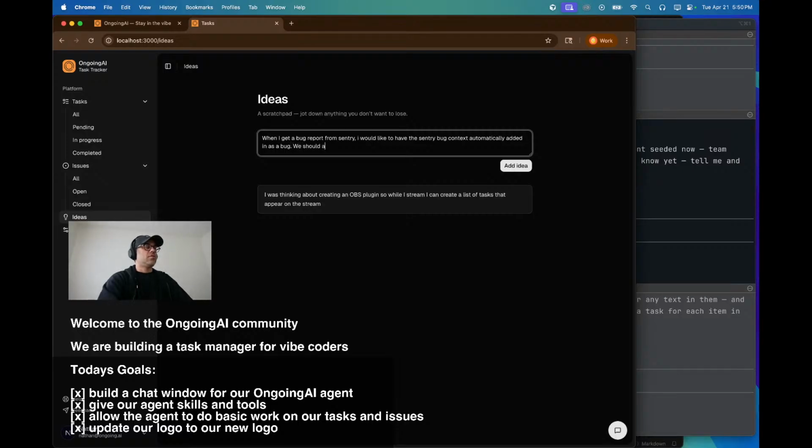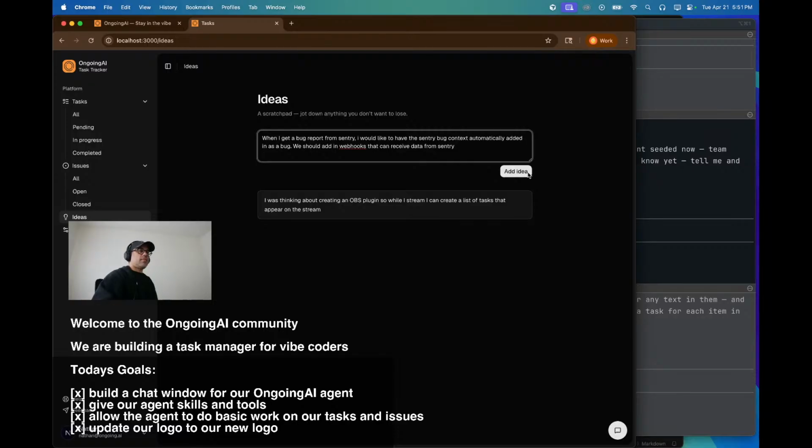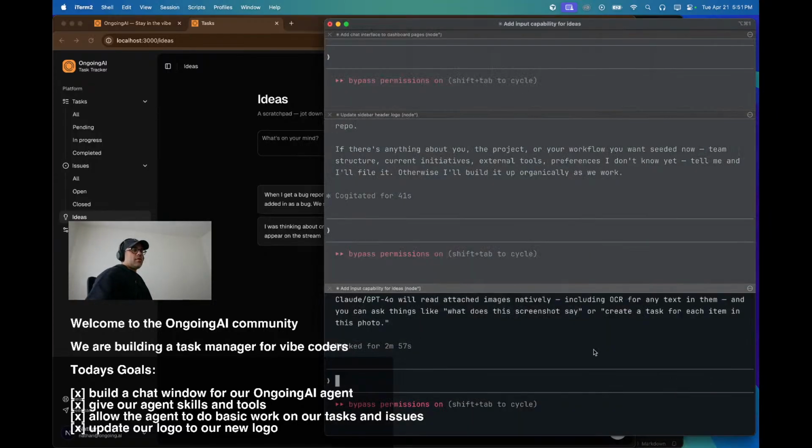We should add in webhooks that can receive data from Sentry. Also, we do need to actually add in tasks as well, but